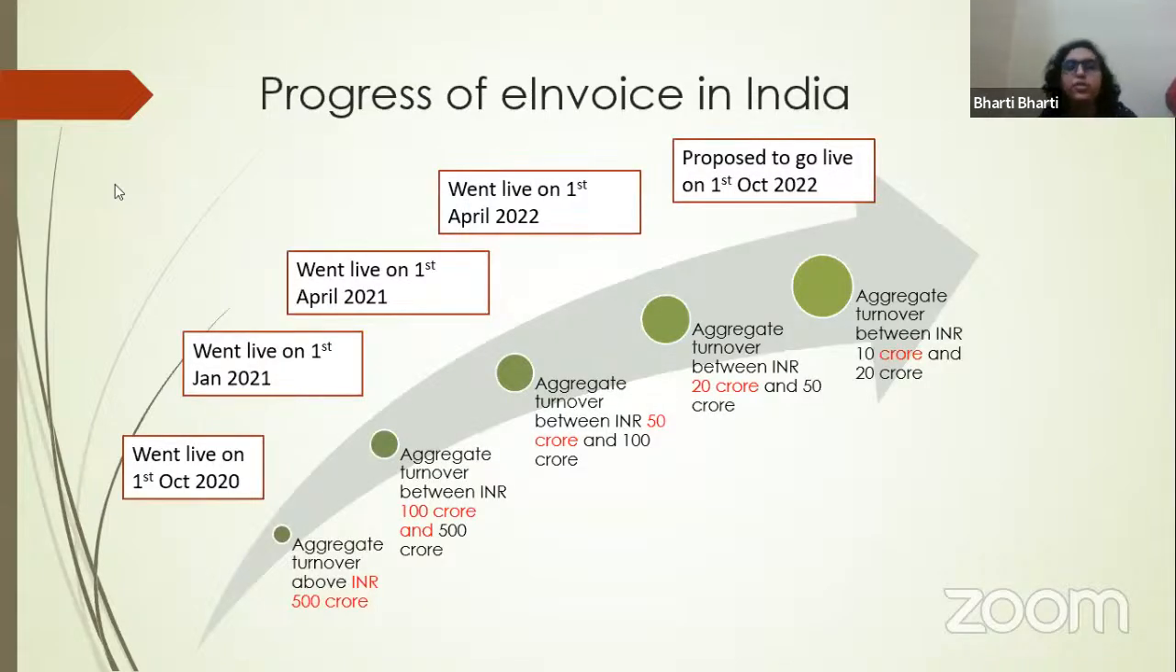Let's look at the progress of e-invoicing in India. This is the 5th phase of e-invoicing. The first phase went live on 1st October 2020 for businesses whose aggregate turnover is around 500 crore. Now, when we speak about turnover, turnover refers to the turnover of a PAN for any financial year. If your turnover has crossed 10 crores in any of the previous financial years, you are eligible for e-invoicing, even